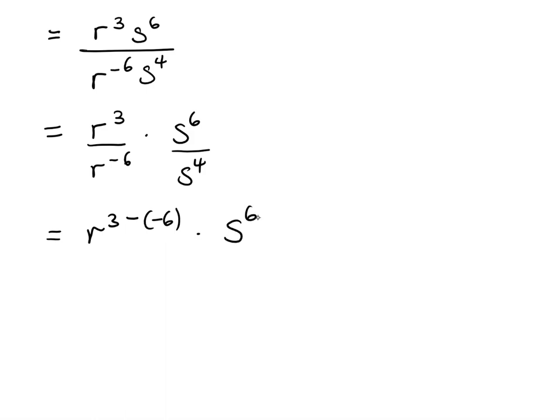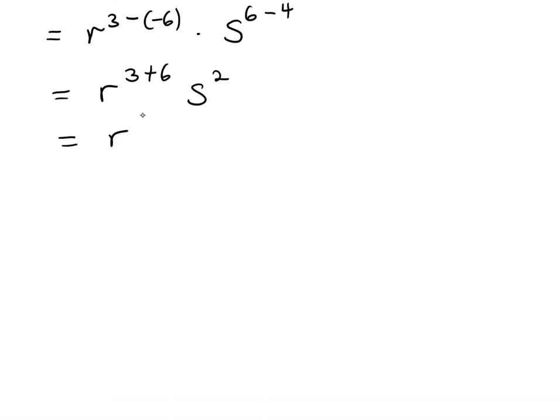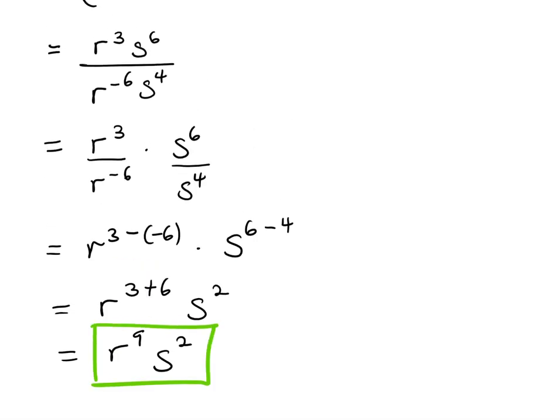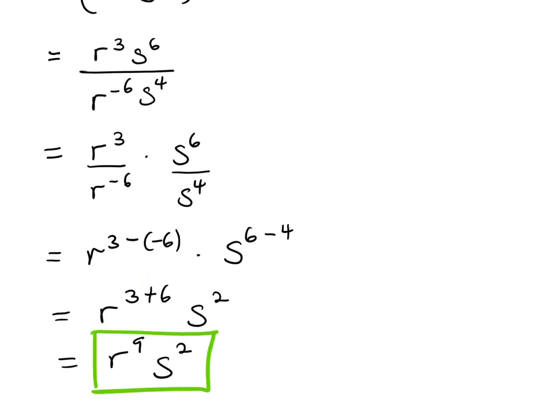Times s raised to power of 6, so you subtract the powers. So this is r raised to power of 3. Negative times negative is positive, so you have that. Then s raised to power 2. So that is r raised to power 9, then s raised to power 2. So this is our answer for this problem. And